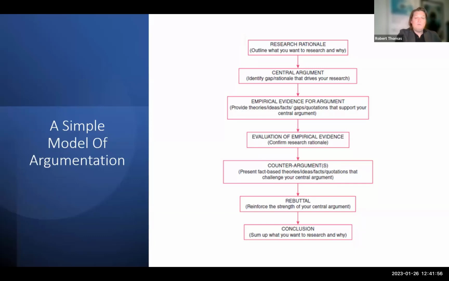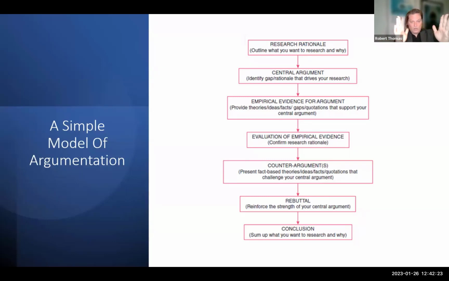But what you do then is have your rebuttal. So: argument, counter argument, and rebuttal. And the rebuttal, within the major body of the piece of work, is a reinforcing of why potentially you think Magic Johnson is the greatest basketball player. He was one of the first, he was iconic, he was zeitgeist, took that team to multiple titles, the first of his kind, iconic, iconoclastic, whatever you want to say, okay? So that's how we do it.